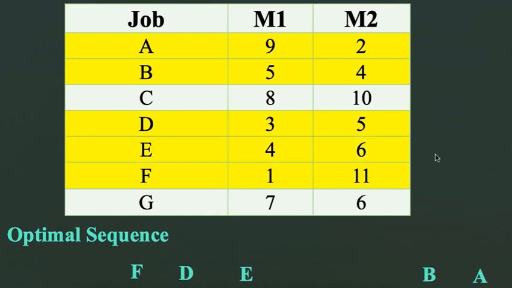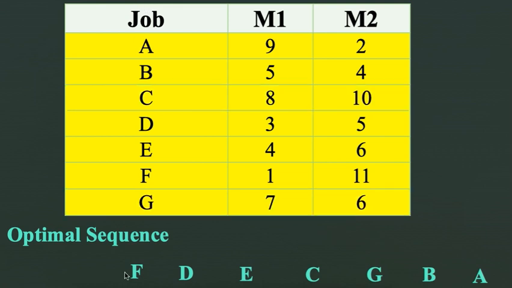Now after this, we have the lowest processing time, 6 for job G on machine M2. So we are going to put job G in the sequence from the right side, before B, right? So it will be like this, fine. And after that there will be C, because only one job is left. Let us color both these two jobs now.